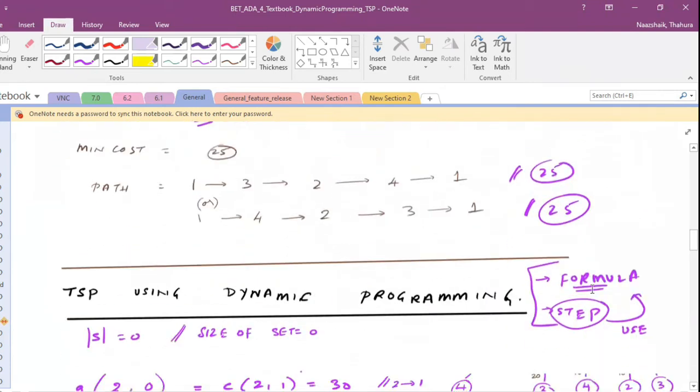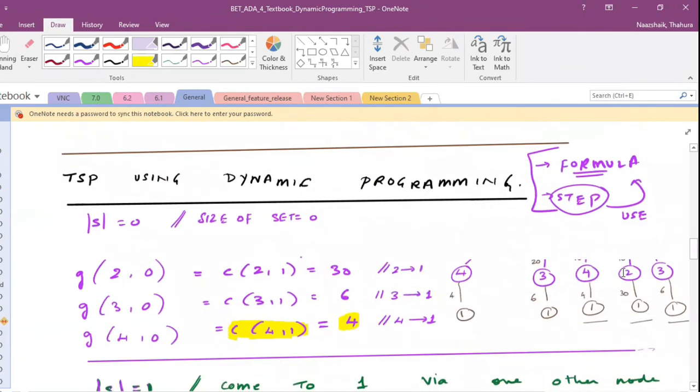Okay. So let's do step 1. So in step 1, there is something called a set. Okay. This is nothing but your solution. Okay. How many vertices are there in your solution? And when you put these vertical lines, it means the size. Okay. It is not referring to what is in the set.